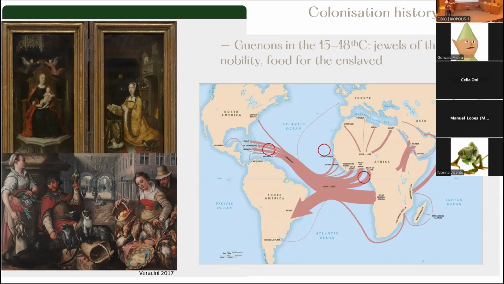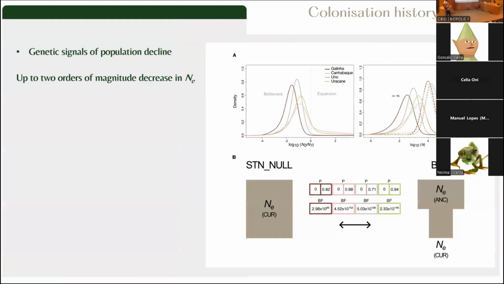So not only were they prized as items, they were also used as food for the enslaved trade, as live food. So perhaps there was some human influence to these guenons as well. There are no real historical records that suggest so, but potentially. Okay, so now into the